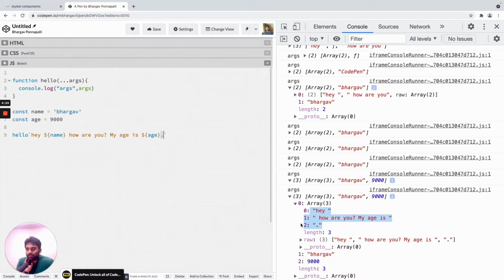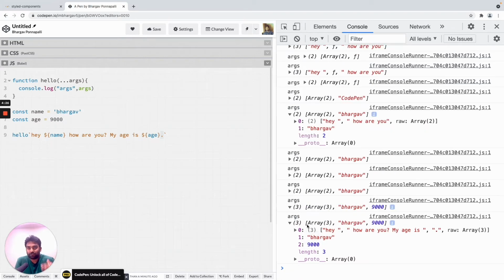So we should see that. Basically the first item in the array is the list of all the strings, and then finally we have the first variable and the second variable. I'm just calling it variables, but the actual name is probably interpolations. So interpolation basically means that you're mixing in values which are not homogeneous. For example, we have a string and we're mixing them with variables.